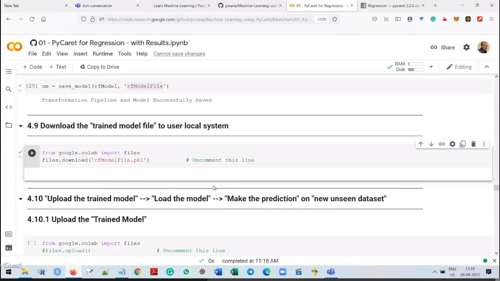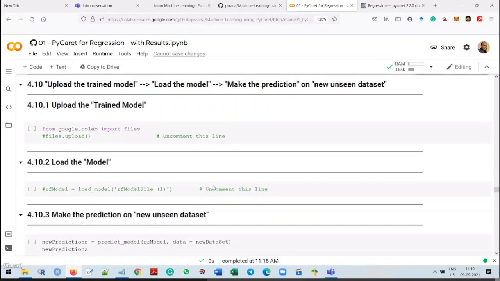Now next, let's suppose you got the mail. Let's suppose my student is working in Google, and right now I don't have the resources, so I just send the data set. He built the model, he mailed it to me. Now what is the next step? So the very first step is